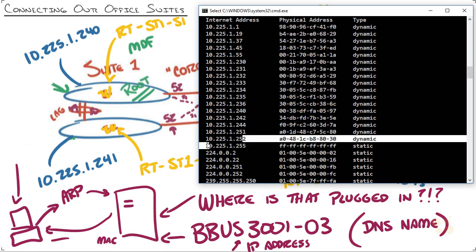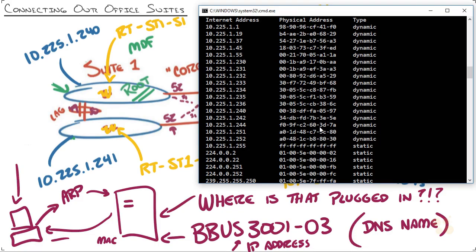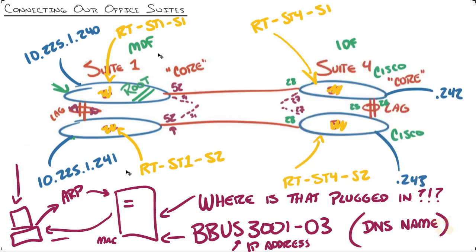And right there's my server, 10.225.1.252, and there is the MAC address, the golden piece of information. I'm going to right-click on that to copy it to my clipboard, and we need to have some kind of starting point with the switch. Now, we've got this paper napkin network diagram that we've been building the entire time, so we're very familiar with the network environment. But even if we're not, you need to be able to get onto some switch somewhere as